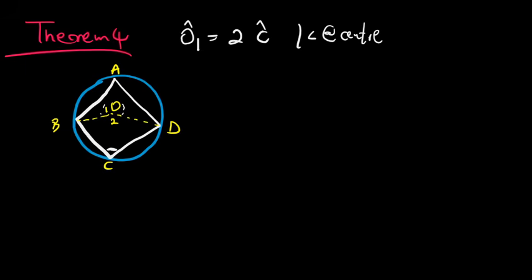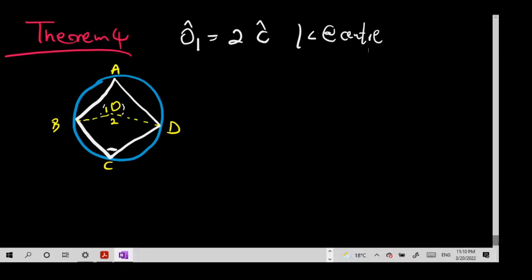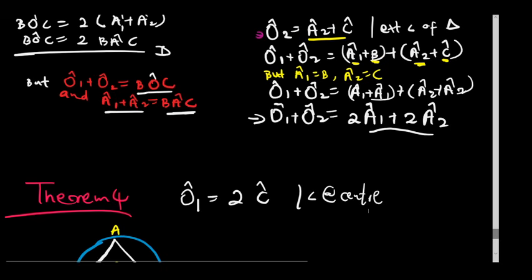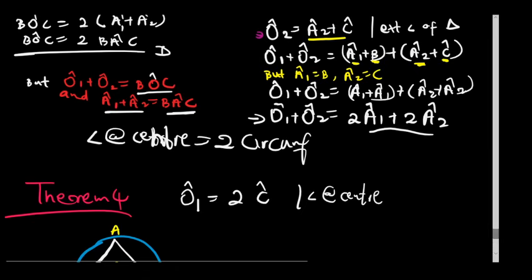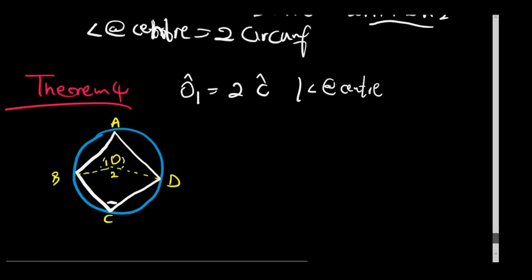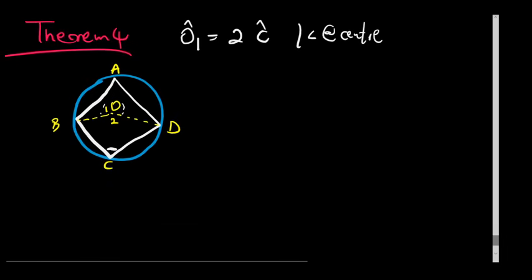So I forgot to mention that for Theorem 3, you need to note that angle at center equals twice its circumference, right? So that is the reason for Theorem 3. Just to go back here, this is angle at center, it's equal to twice its circumference,